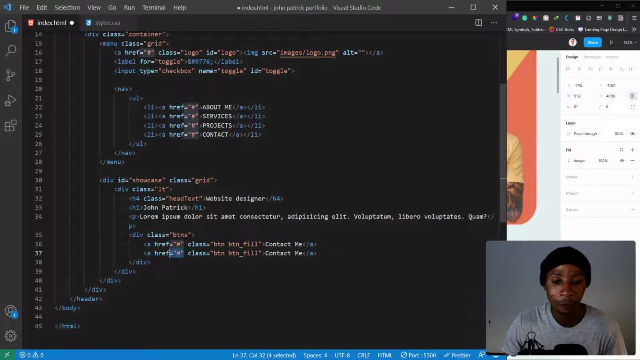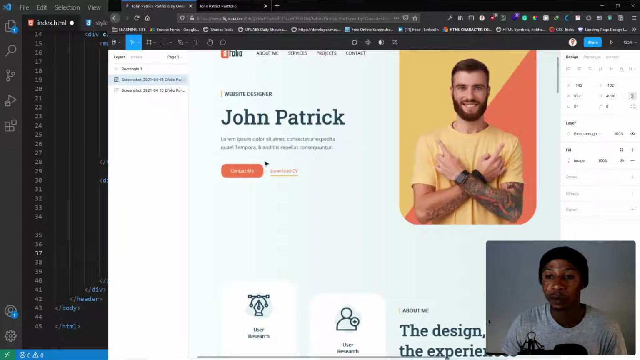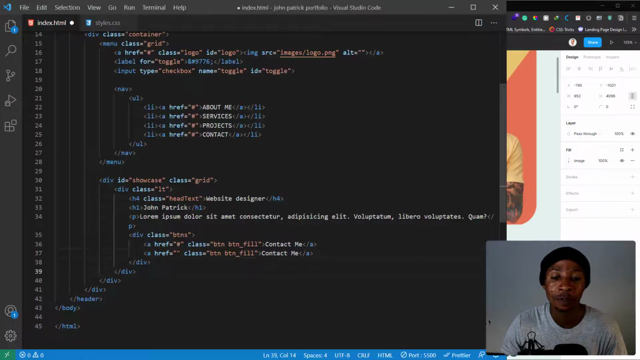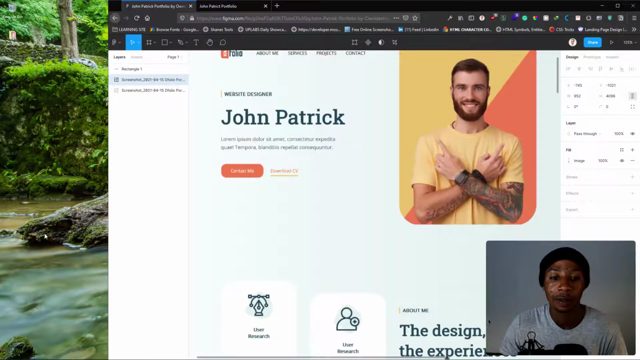And this will be linked somewhere, because we want this to have the download CV, while this will be linked to the contacts page, but this will be download CV. So we want to actually include a CV in the doc. So I'm just going to do that really quickly. Minimize this and